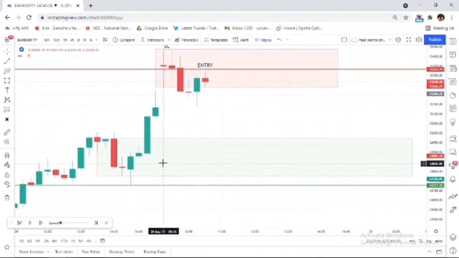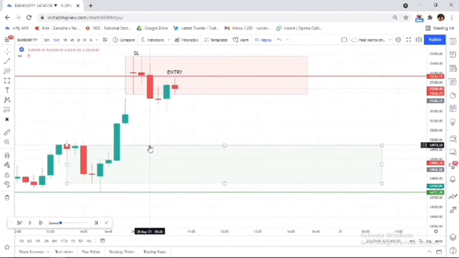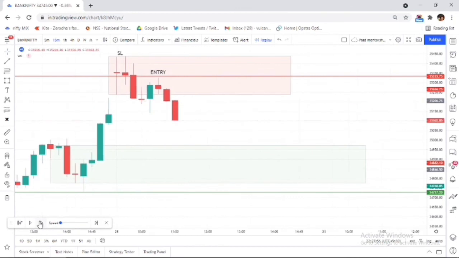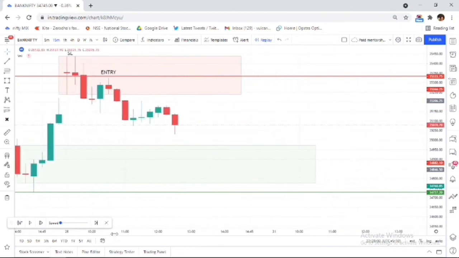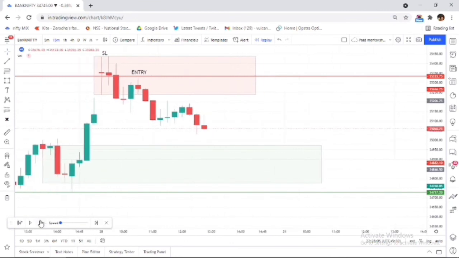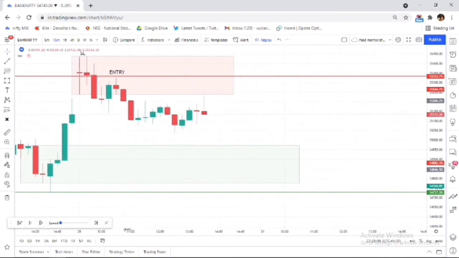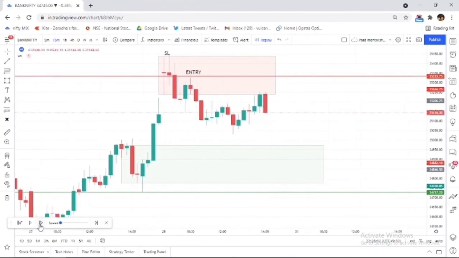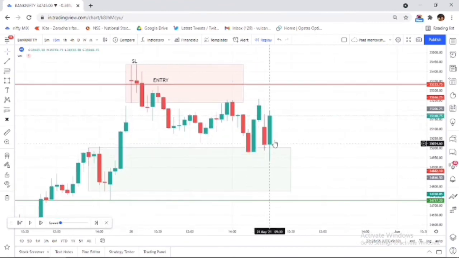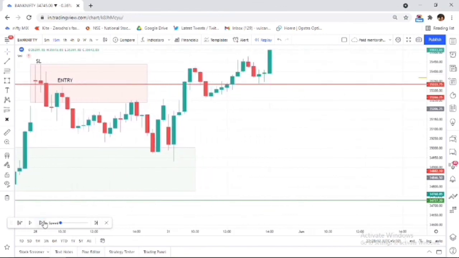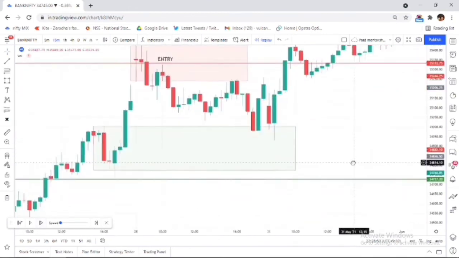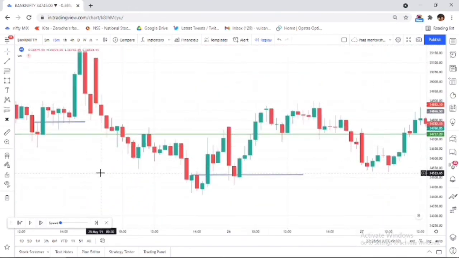Otherwise my target would be below the swing low. Also note that there is no break of structure here, so there is a possibility that my trade would fail, but I will make this trade profitable by marking the bullish order block here. I will exit, and see what happened after the market just goes in bullish mode. So this is the way you stay profitable.